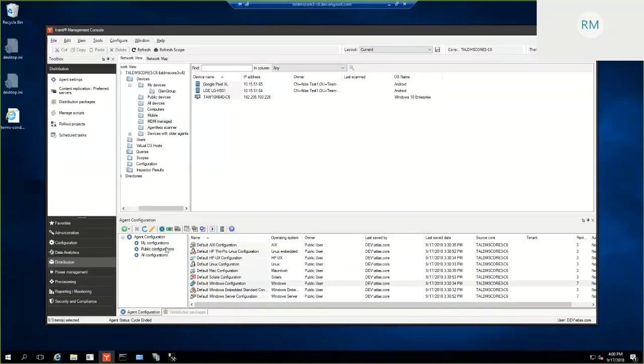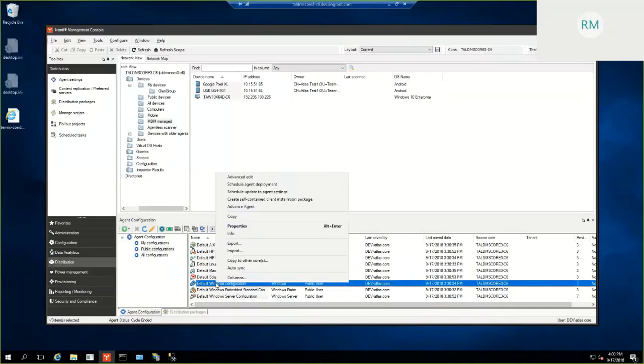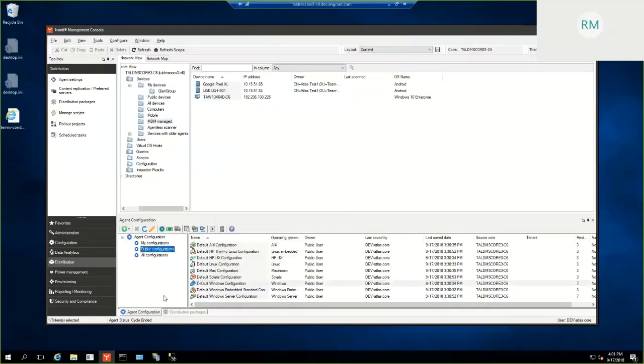And what we're going to do, we're going to click on the default Windows configuration, and normally what you would do is select Advanced Agent, and it would, in the background, build your agent for you. This is an MSI, and that's something that MDM can install onto the device. So this has already been done, and so we can actually go take a look and see where that's set